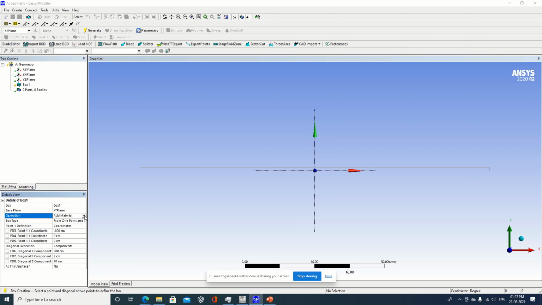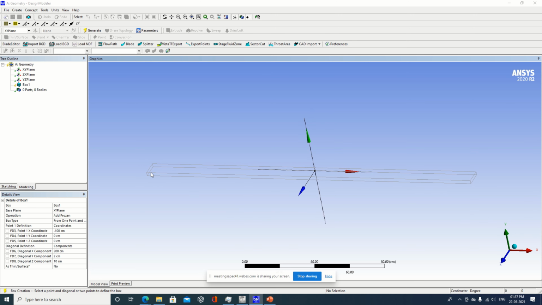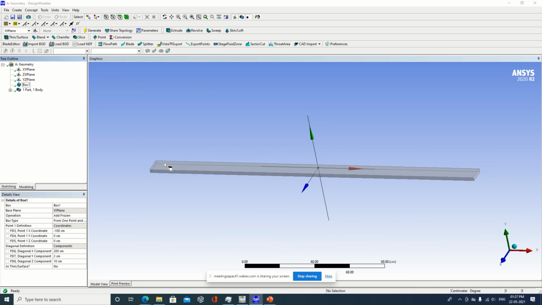Next thing I will select this as a frozen. So if I select this as a frozen, you will be able to see the internal linings for your object. So I will make this as a generate. Now these lines will be visible if you have taken add to frozen. If you have not selected add to frozen, in that case you might not be able to visualize the object.